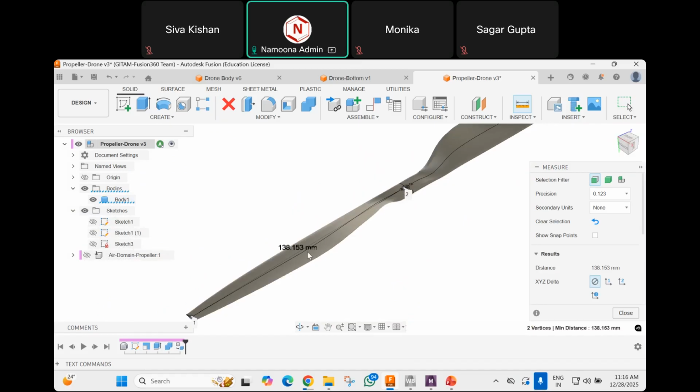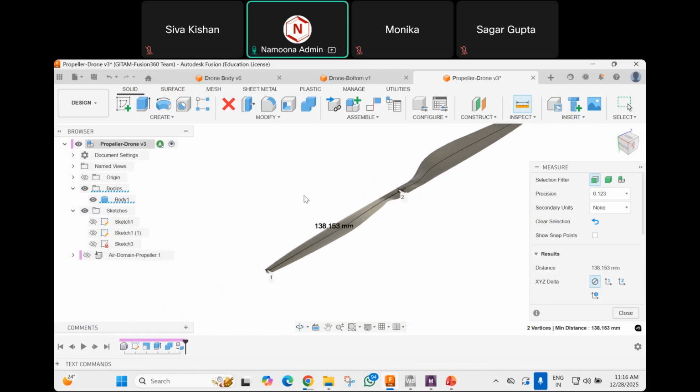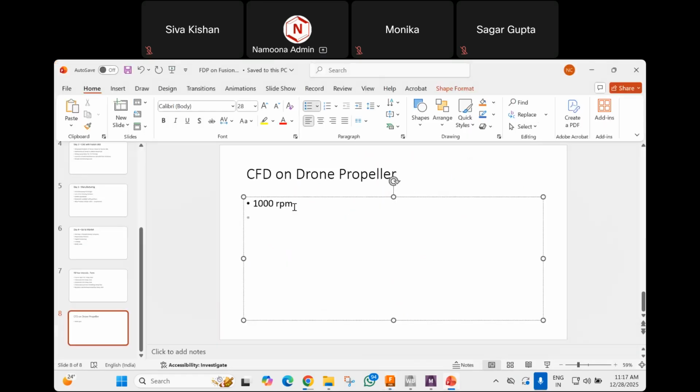So this distance is 138 millimeters, and we are measuring the velocity at the center of the propeller. So 138 divided by 2, that is 69